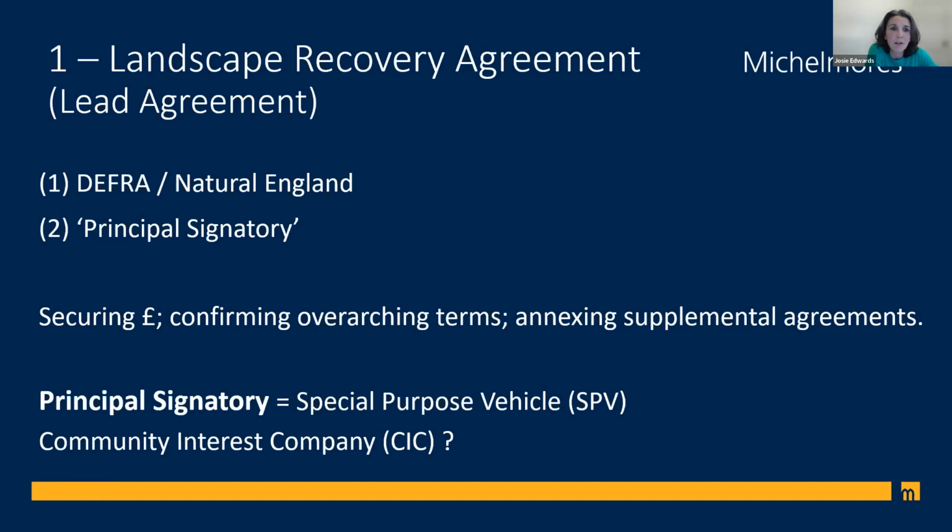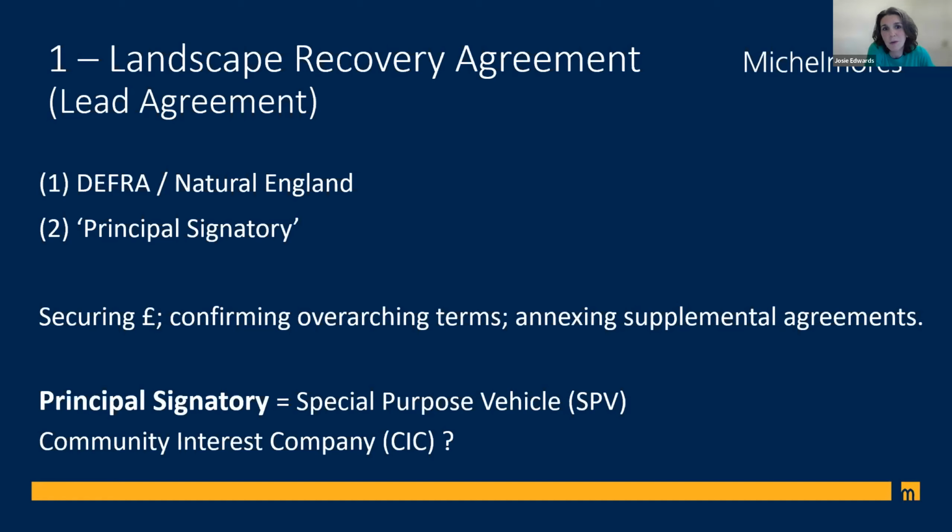But on a bit of digging, we felt that the charitable status of the Malvern Hills Trust could cause some complications, because if a future scheme is dependent on or receives private finance alongside public money, there's scope that funding could mean that the Malvern Hills Trust would be deemed to be undertaking trading activities, which could cause problems from a charity law point of view, which is why a lot of charities end up having trading subsidiaries, so I understand. And so in the context of this case study, and also we anticipate in many instances, if not most, we're recommending an SPV as something that should be considered.